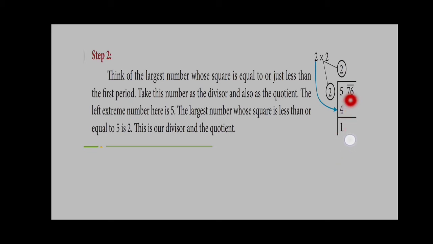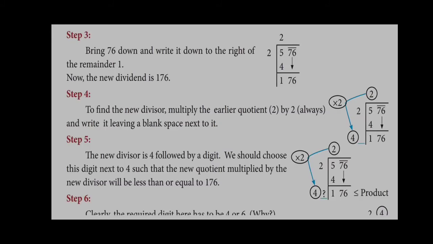Listen carefully, we need to take the number less than or equal to the square numbers, not natural numbers or prime numbers, the square numbers. Square numbers are 2 twos are 4, 3 threes are 9, then 16, 25, 36. These are the numbers. Now we can take 2 twos are 4. Understand? Now step 3, bring 76 down and write it to the right of the remainder. So here the remainder is 1, then we bring down 76, it becomes